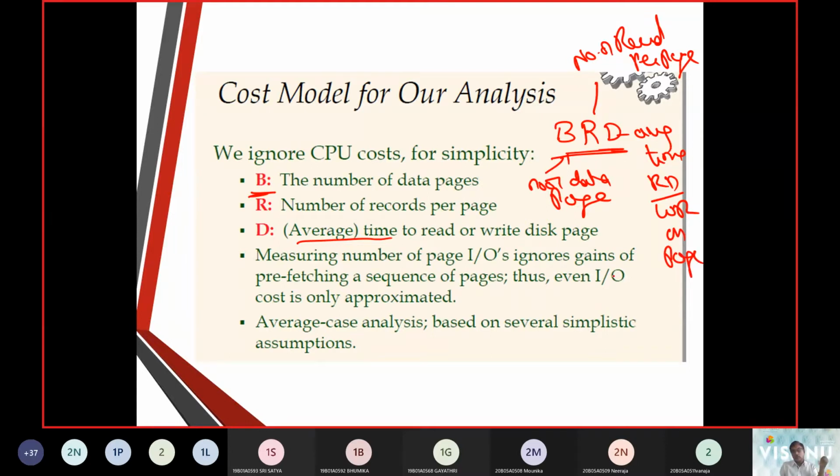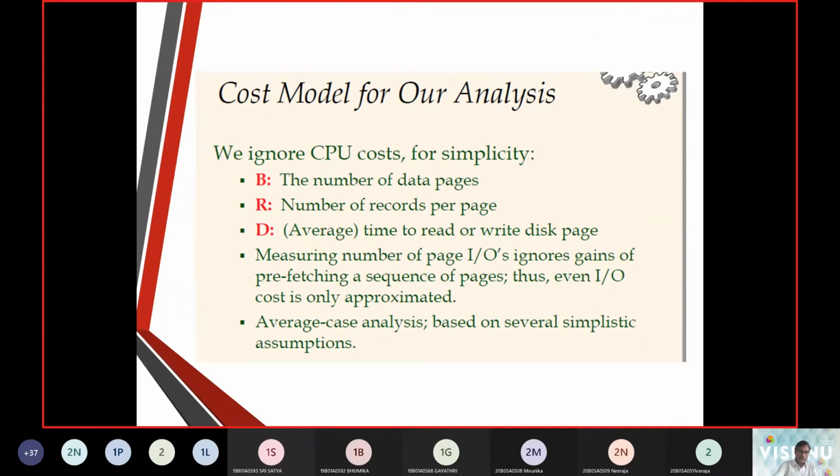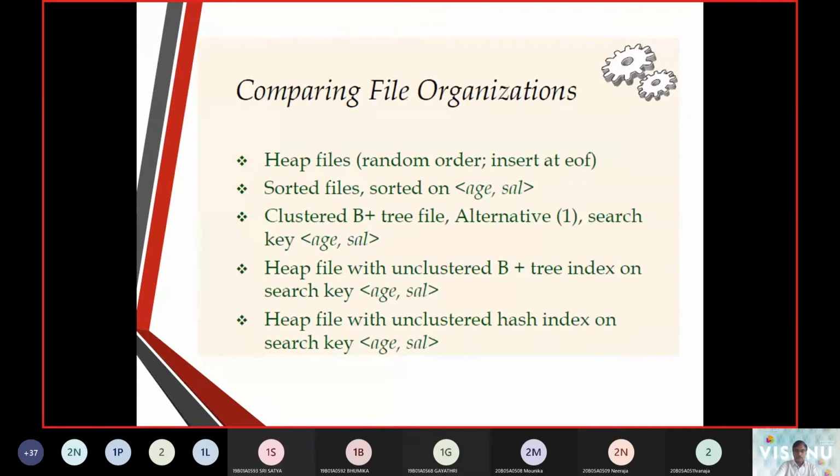So that is what we assume in a cost model.